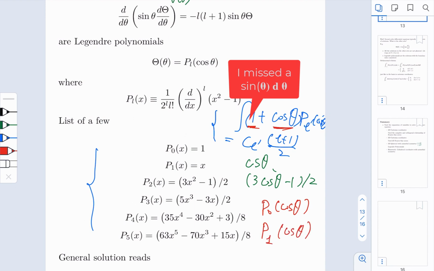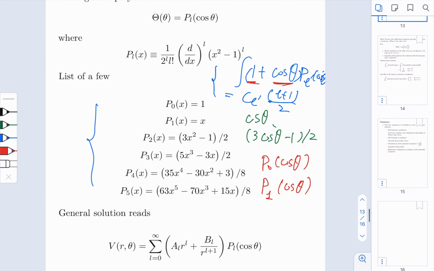And this means that you don't need to go through all this calculation of integrals to determine this C_L'. The C_L' is actually already written here, and C1 should be 1, and C0 also should be 1. So that is the trick of simply not doing the integral, but simply looking at your expression to get what your C_L should be,